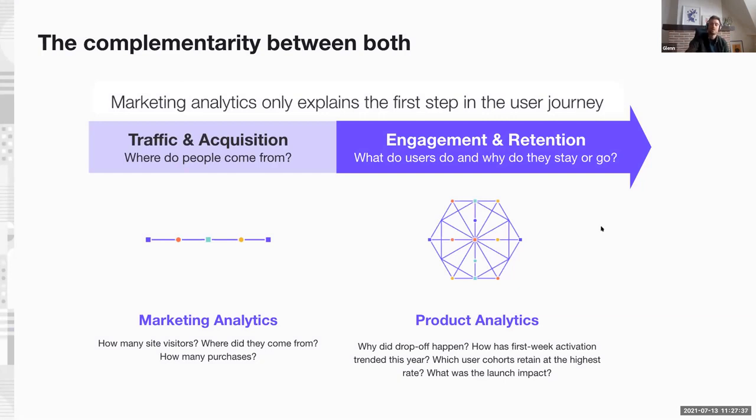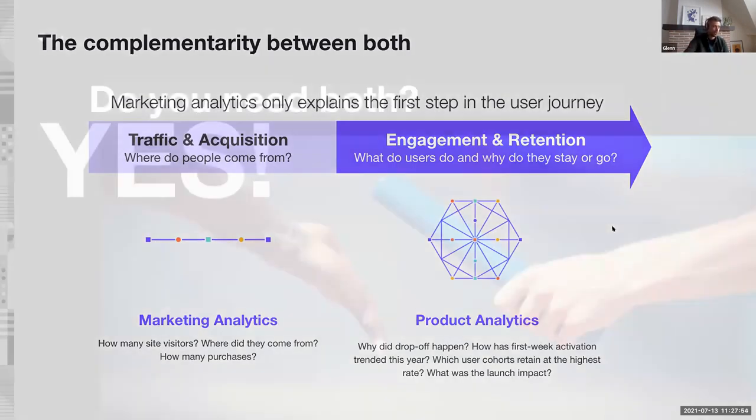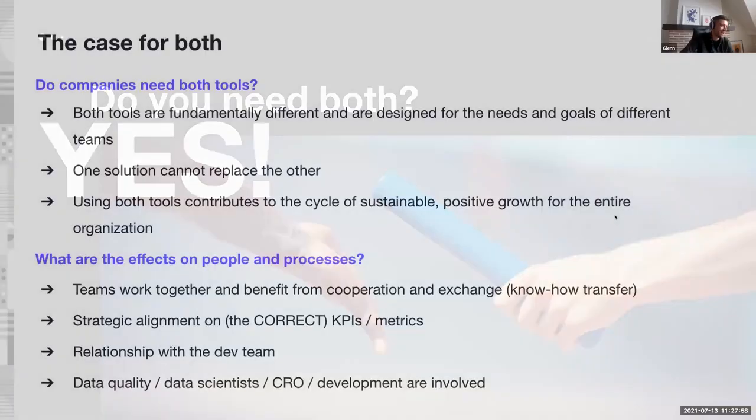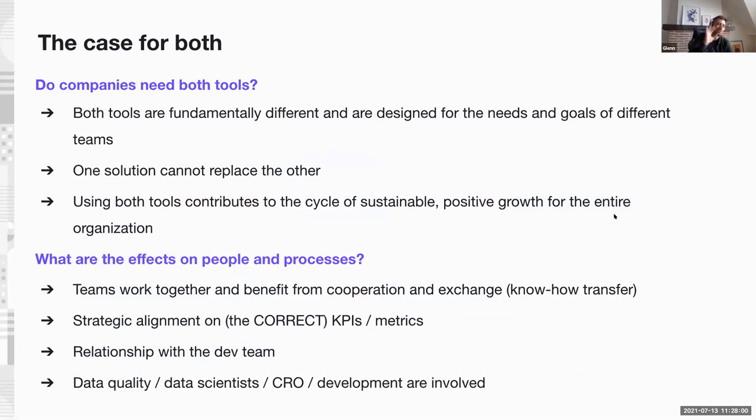While product analytics is very much focused on the next stage of the customer journey, and that is the customer lifecycle within the product, within the website, and ensuring that engagement and retention goes up. And we do that by a different way of measurement and by visualizing a different number of events and data points. Now, do you need both? I think it's fairly self-explanatory that yes. Why do we need both tools? As I said, you need both elements. You have both teams that each require their own tool set in order to focus on what they need to focus on and do best.